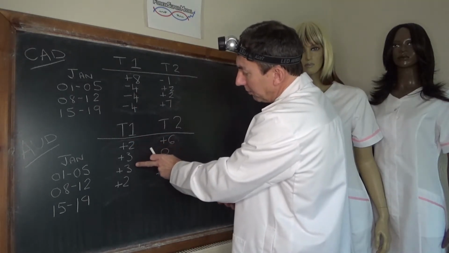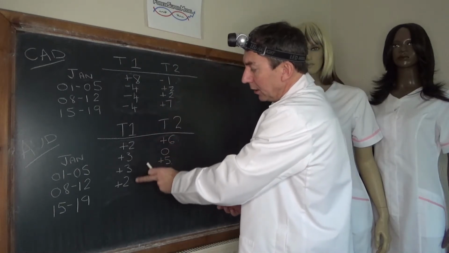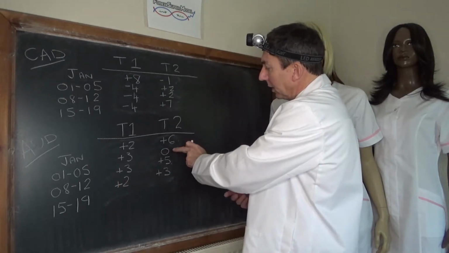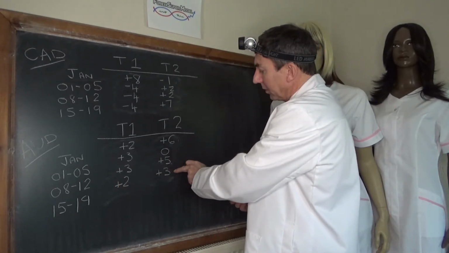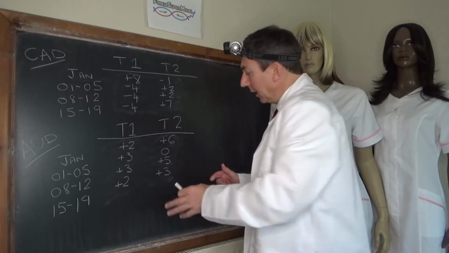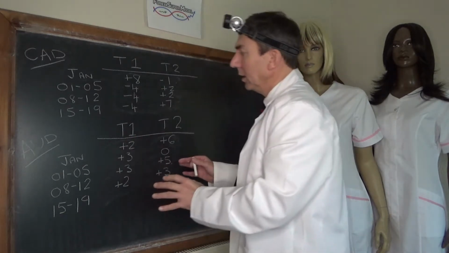Then we've got +3, +3, +2. So we've got improving tier 1 data and only slightly coming off in this last week. And tier 2, 0, +5, +3. So it started to improve up to the end of the second week, and it's tailed off slightly, but still positive. So the AUD,